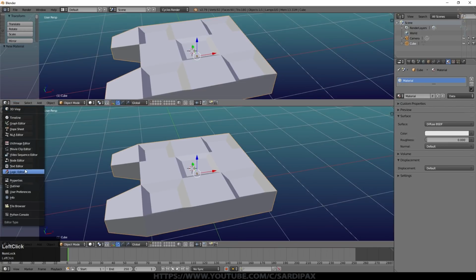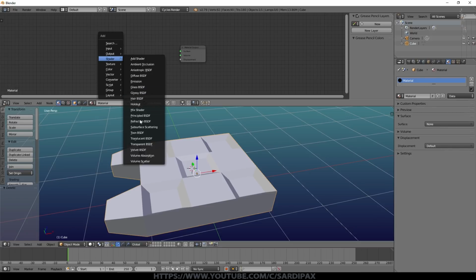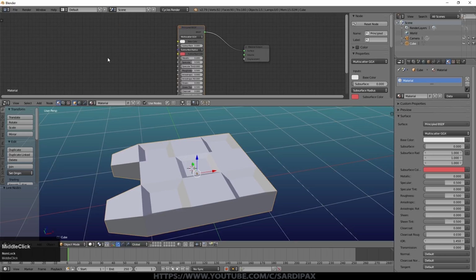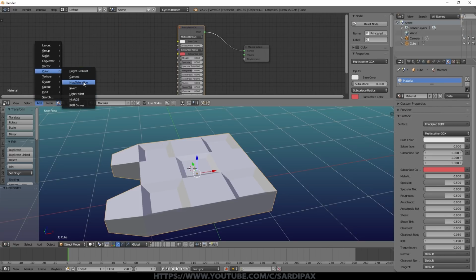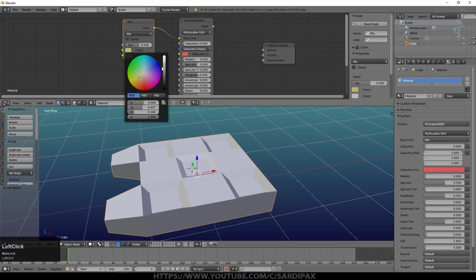We go to our node editor. I'm going to replace the basic diffuse with the principled shader, which by the way I think is now the default in Blender 2.8. This is 2.79 I'm using at the moment. I'm then going to add a color mix node. Drop that into the color input on the principled shader. I left it at the default of multi-scatter, and I set one color to a sort of beigey color and the other one reasonably strong but still quite bright orange color. Perhaps brighten that one up a little bit too.